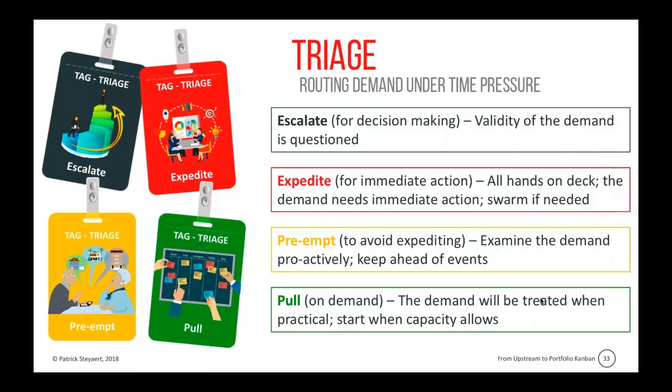We might reserve a certain capacity for the pull demand, but if needed, that capacity might become occupied by preempt demand. So pull demand we treat when it's practical for us.